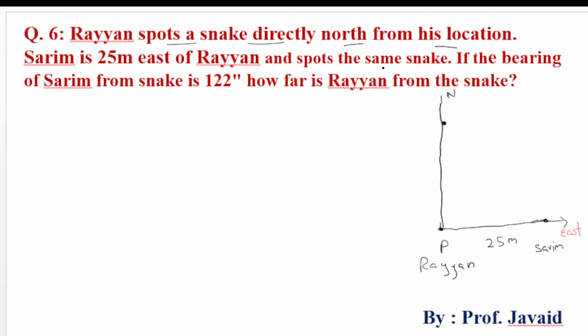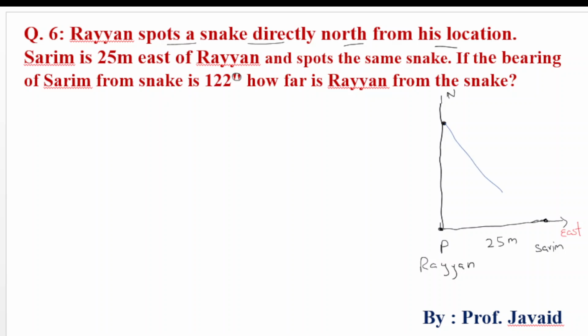25 meter, and suppose the bearing of Sarim from snake is 122 degrees. So this is the degree. What they are asking is the bearing of Sarim from snake. So snake is here, and Sarim is here. Let me draw this line again in such a way that,